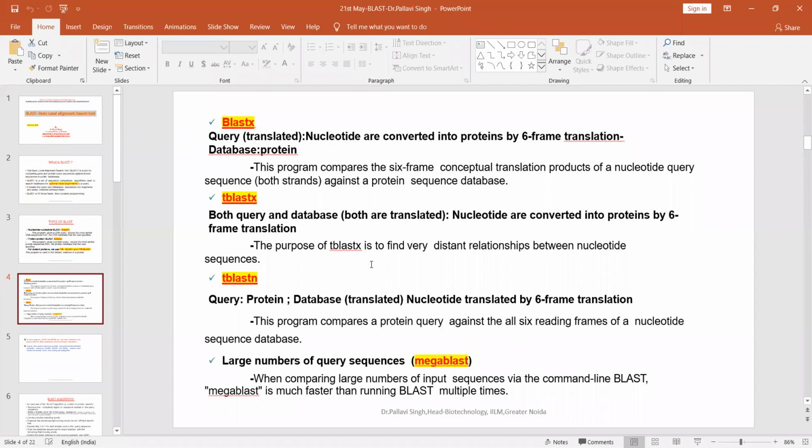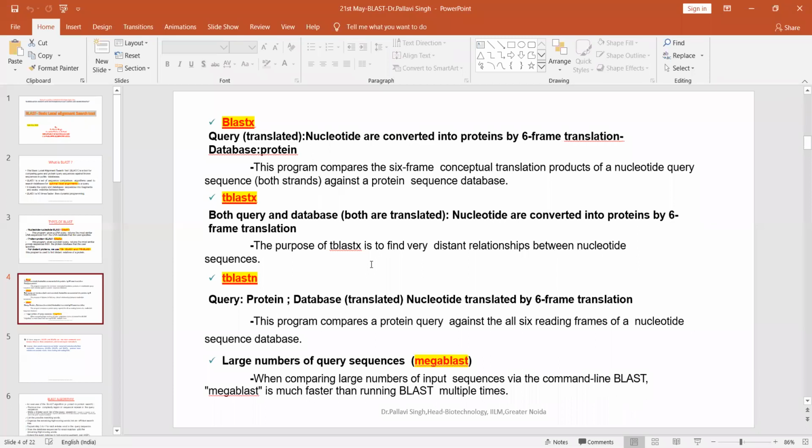So here in TBLASTX, both the query sequence and database sequences are translated. Originally both are nucleotides, but they will be translated. So a translated query is searched against a translated database in case of TBLASTX. And the purpose of TBLASTX is to find very distant relationships between nucleotide sequences.